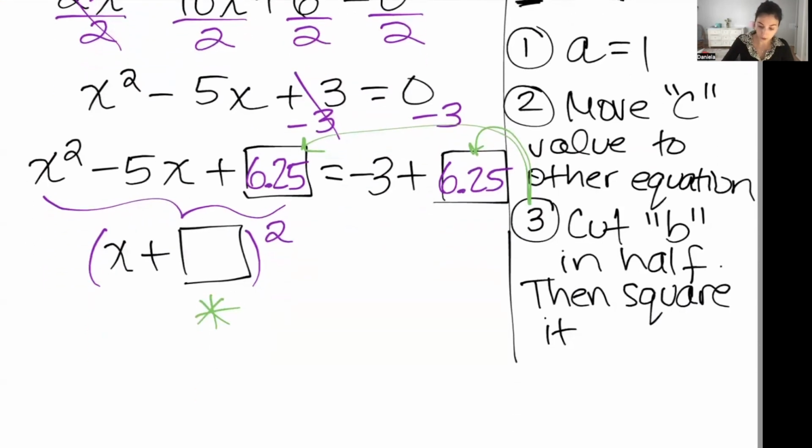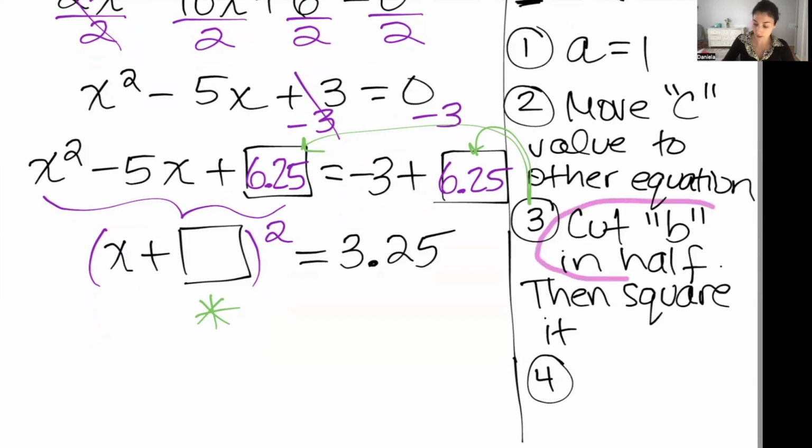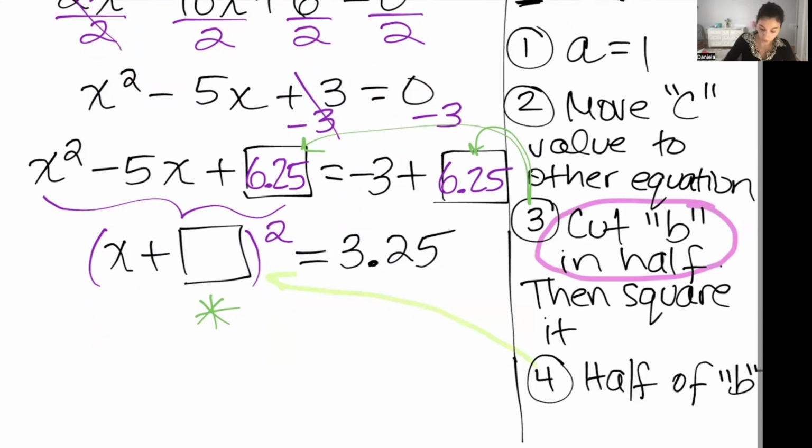So first things first, let me finish. We have to simplify the other side. Negative 3 plus 6.25 is 3.25. Now we have to figure out what goes in that box. It's nice and easy to remember. It's actually just going to be the first step of step 3. Remember, when we cut B in half, that's what goes in that box. So in here, that is going to be half of B. Remember that B is negative, so this should change into a minus. So it's going to be minus